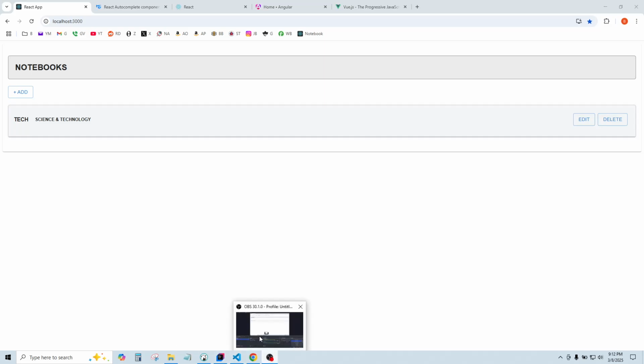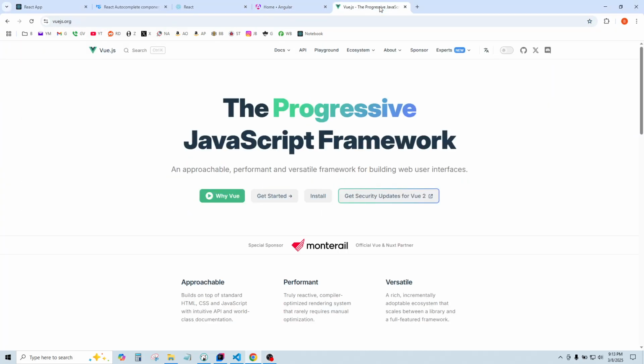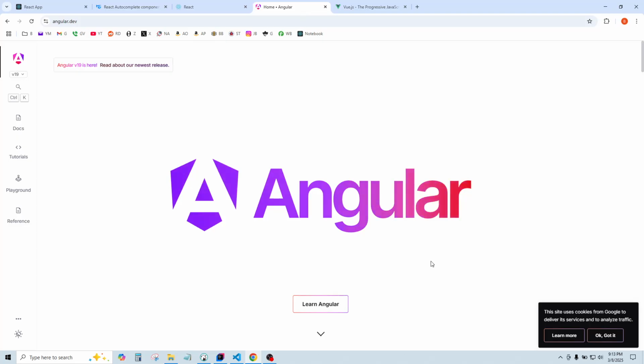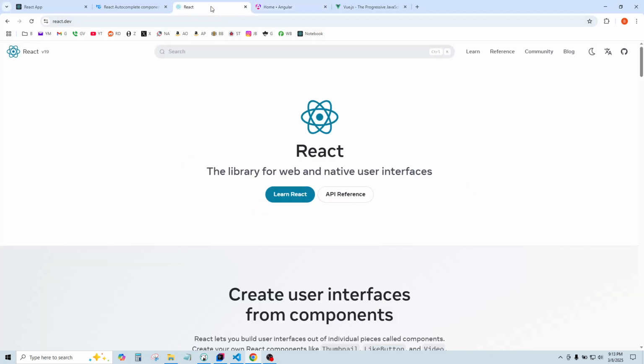Hey John, I'll just give an overview of React, using the Notebook project to look at some of the aspects of it. First, though, I'll just talk about web frameworks in general. There's three major ones: React, Angular, and Vue. Vue is, I think, an independent thing, but Angular was created by Google and React was created